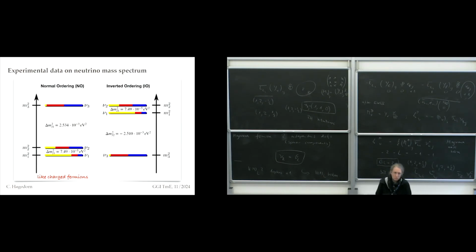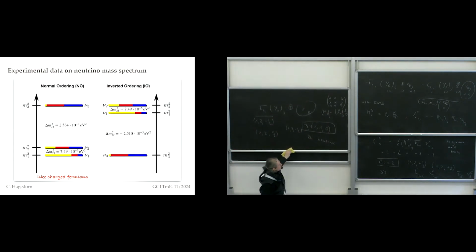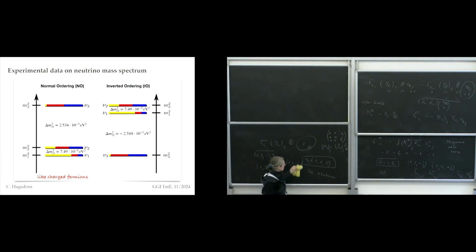Then I would like to do one third thing, if you have no urgent questions at the moment. We have now introduced masses for neutrinos at the very basic level, because we have Dirac masses and Majorana masses. I would like to come back to what we were actually starting off with, where we copy everything we know from the charged fermions over to the neutrinos. There's one thing we have not actually discussed. If you think about quark masses and quark mass terms and so forth, then there's one striking thing.